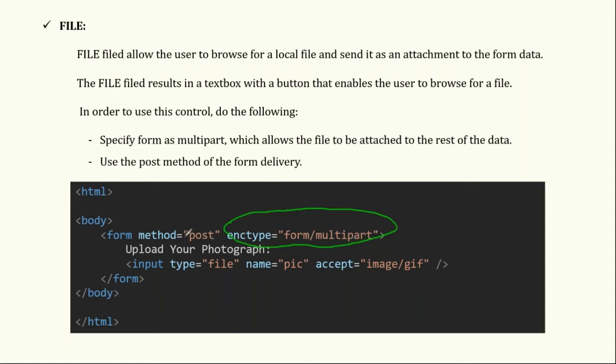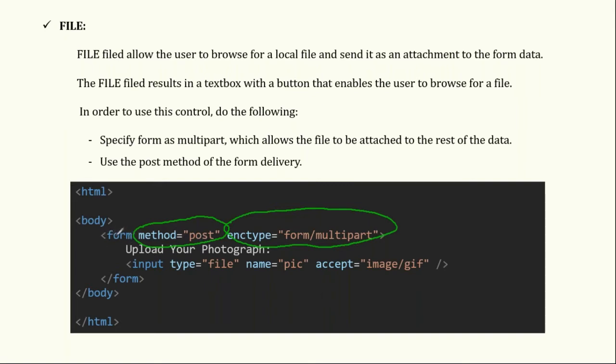And second thing, you must implement method as post. Get method will not work. If you are using file, your get method will not work. So it is compulsory that your method should be post method of form.